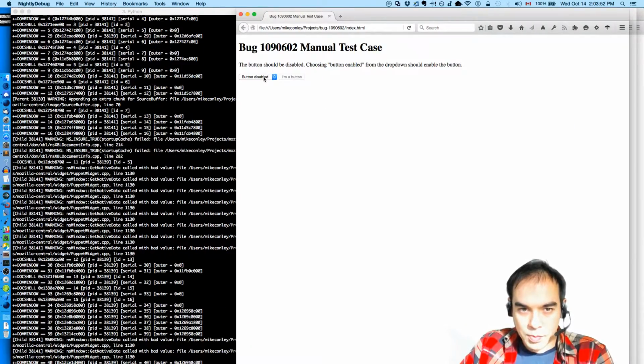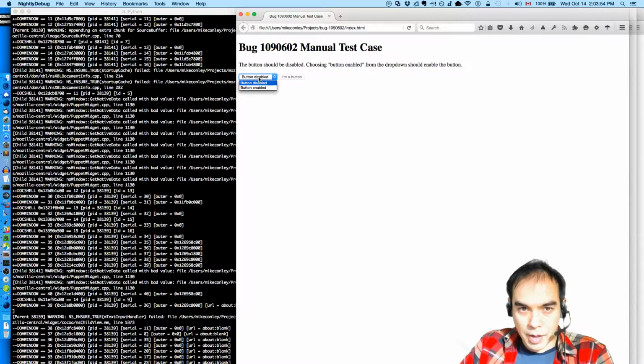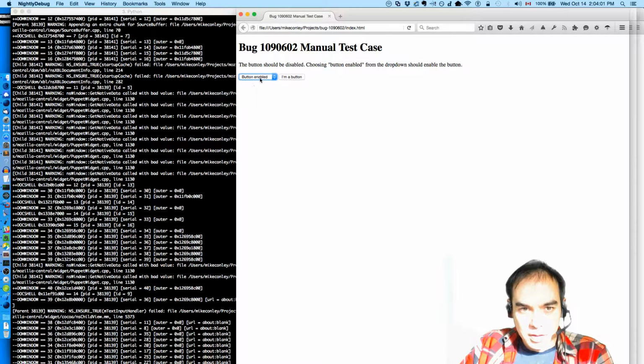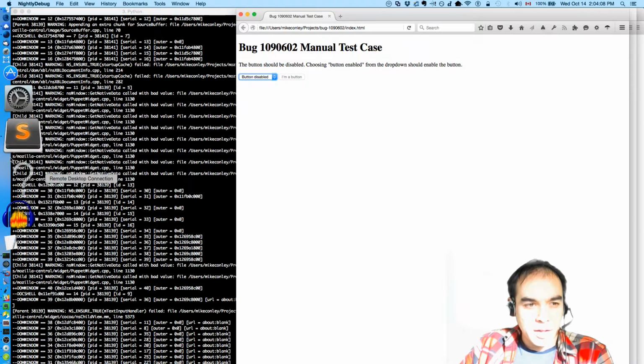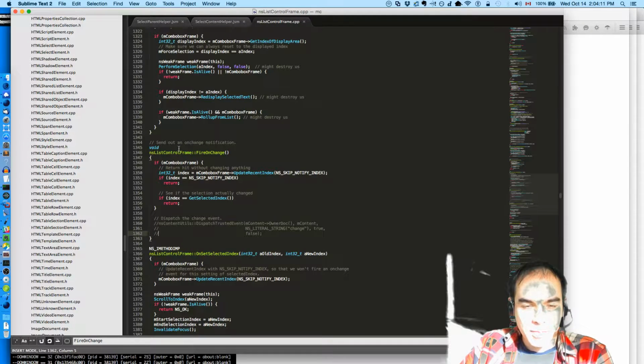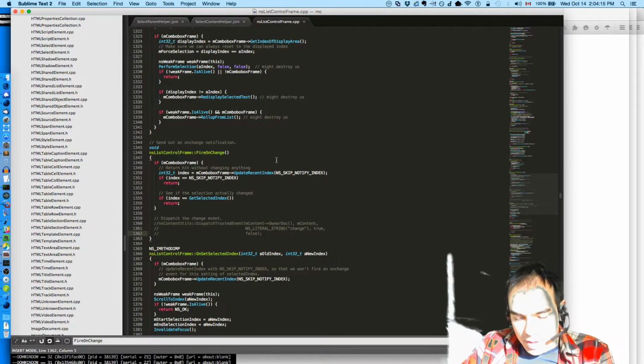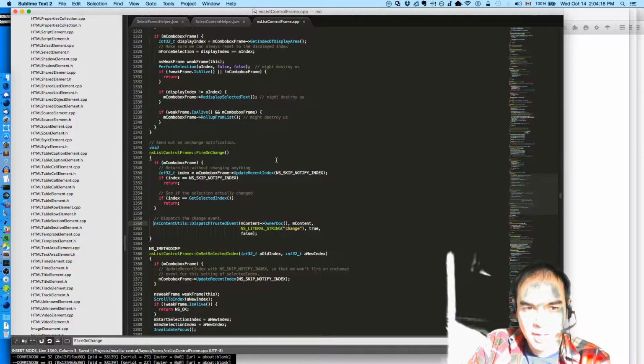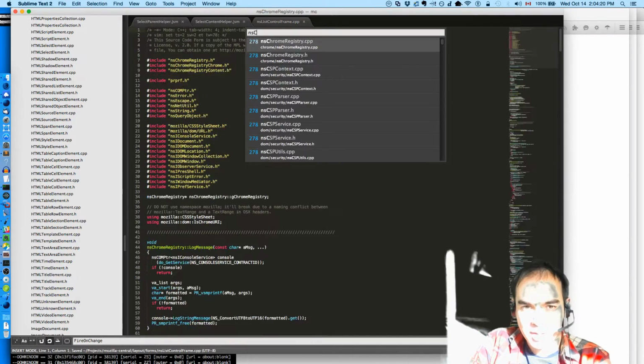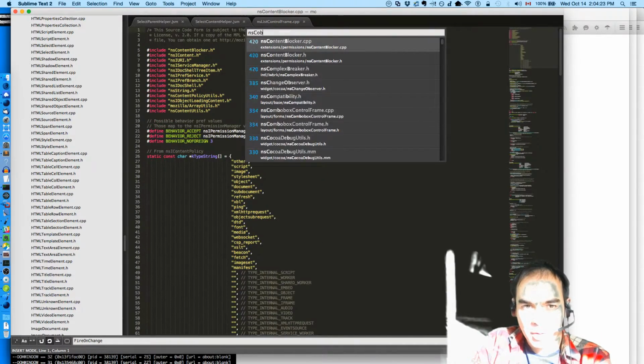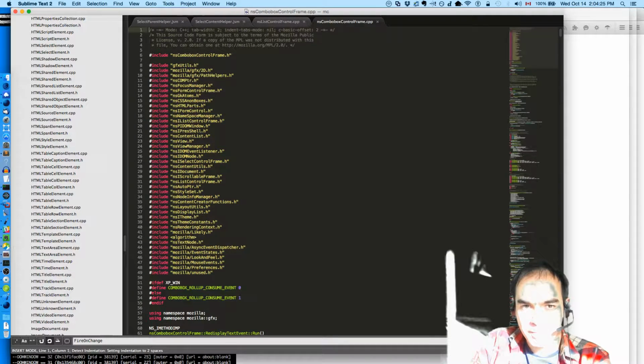Okay, in the non-ETNS case, what I'm expecting is that we'll not update this value when I choose button enabled. No, it still works, despite my hackery. So what is this thing? There's the list control frame, and then there's the combo box thing. And maybe that's what I should be paying attention to. What is communicating with the combo box control frame?